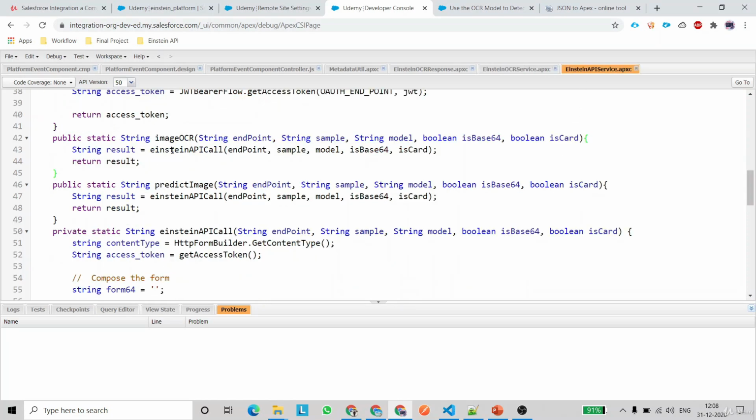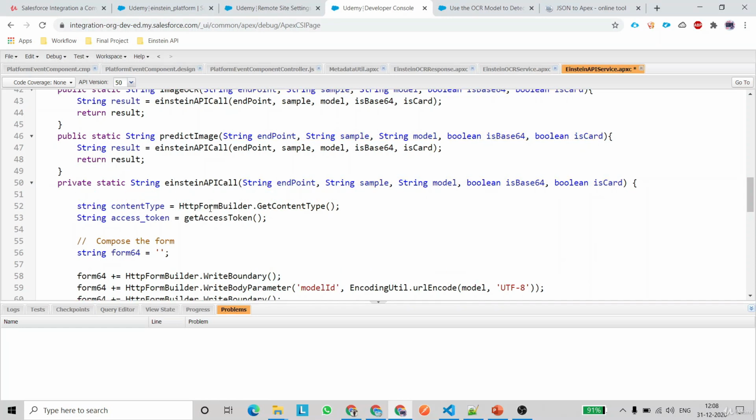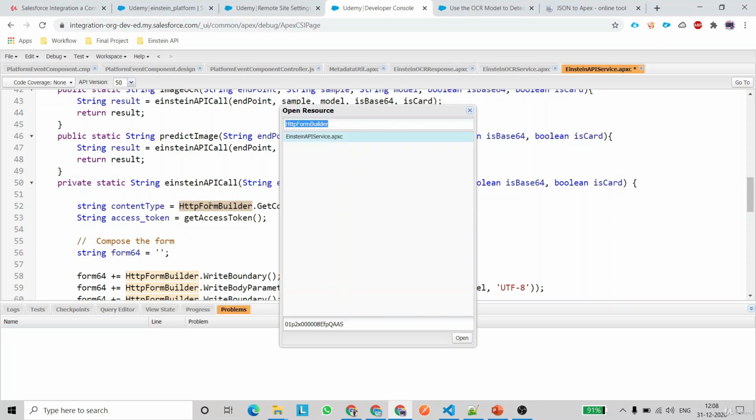And then under that we have got another method, which is a helper method, Einstein API call, and which is here. Okay. So again we are accepting all the parameters which all the methods are accepting. And here comes the role of our helper class that we have discussed,